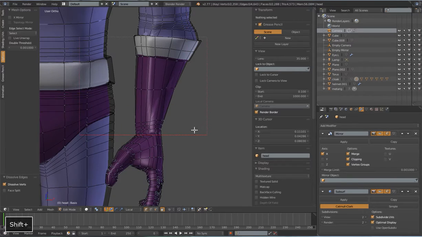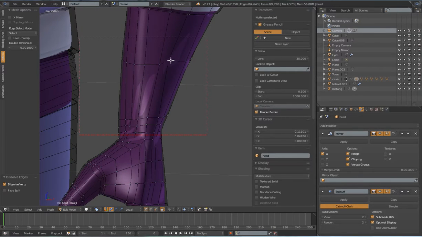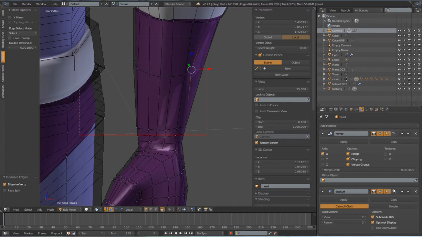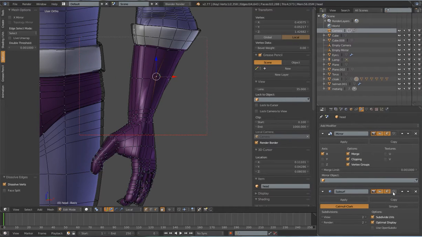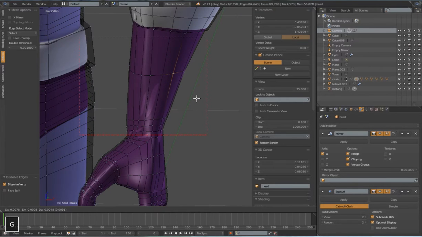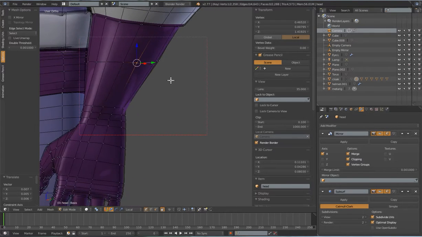If I go up to this wrist here, I know that there was a couple odd things here. That can hide things like this, where this one vertex is actually pushed in. So if I turn that back on, it looks like it's fine, but it looks fine because of the subsurf. It's not actually fine in its base mode here. So, but I always like to have that off, just so I have a true representation of where my vertices actually are,